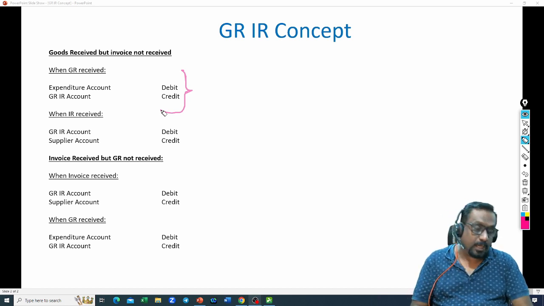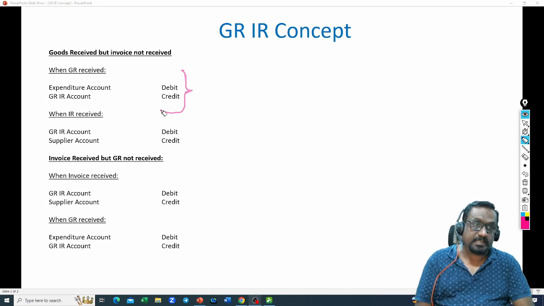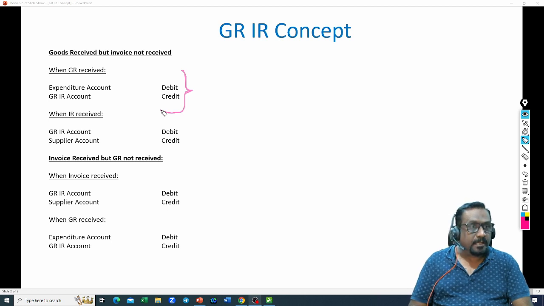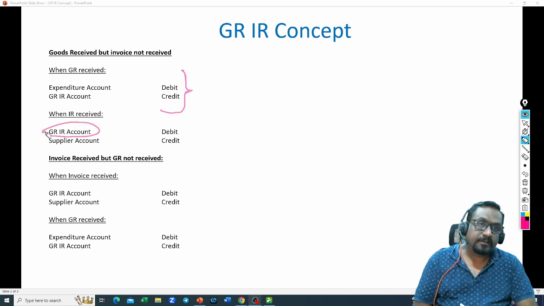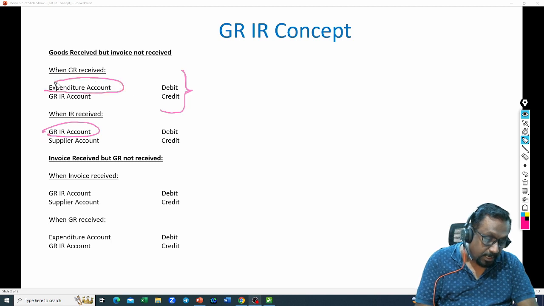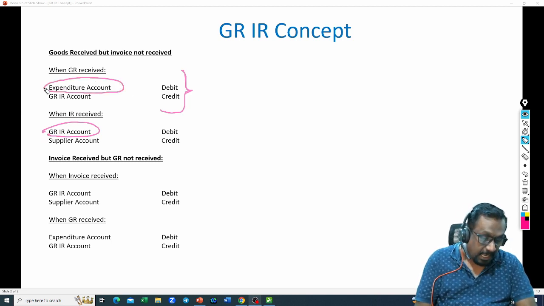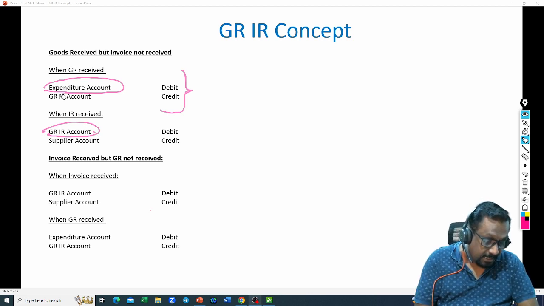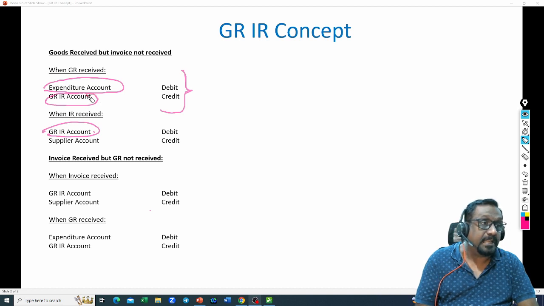How can you process that invoice? Once the invoice is received, generally we used to debit purchases or debit the expenditure account, right? But why am I debiting the GRIR account? The reason is that previously, when the GR was updated, I already debited the expenditure account. So here I should not debit the expenditure account once again. Hence, this GRIR is a temporary credit given previously because I was waiting for the invoice. So that GRIR account I need to nullify by debiting the GRIR account